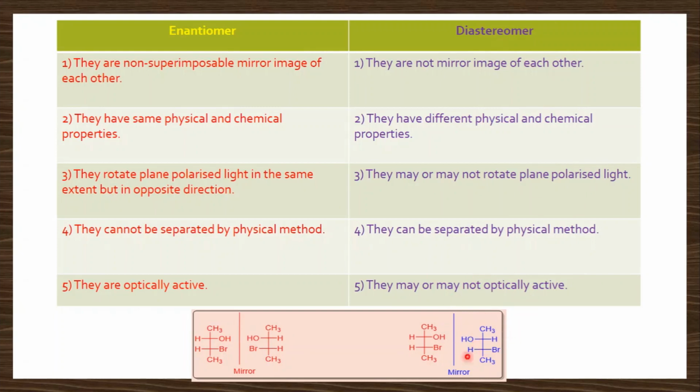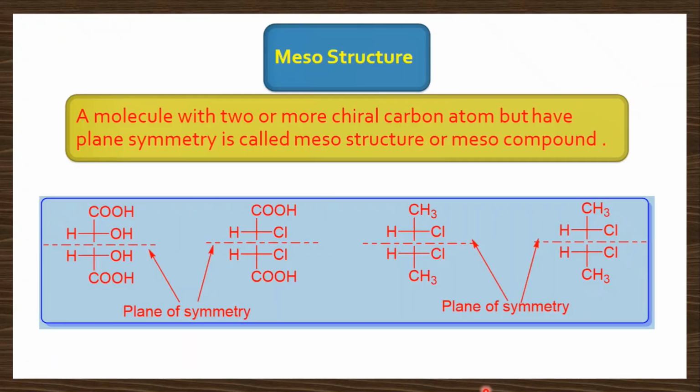So this is just a revision of what we learned in the last lecture. Now let's move to the next slide. Students, today I am going to teach you the meso structure or meso compound. A meso compound means a molecule with two or more chiral carbon atoms but which has a plane of symmetry, is called a meso structure or